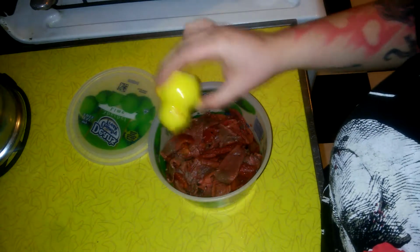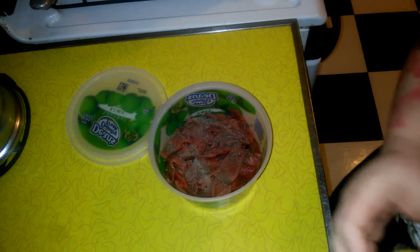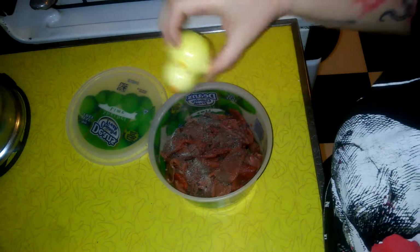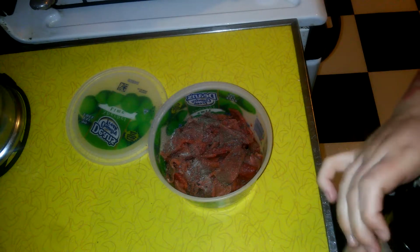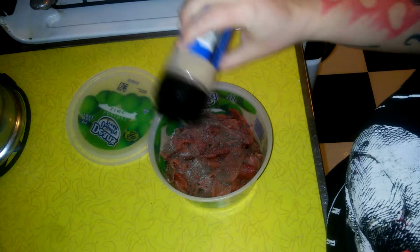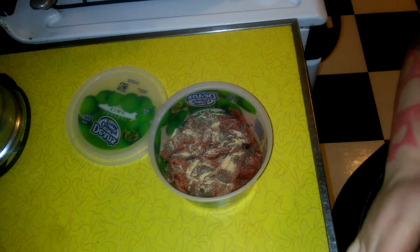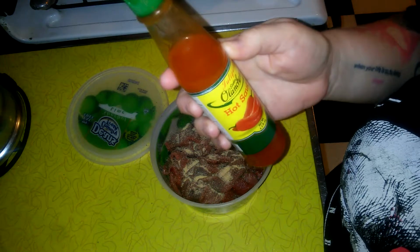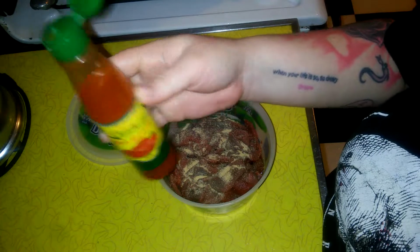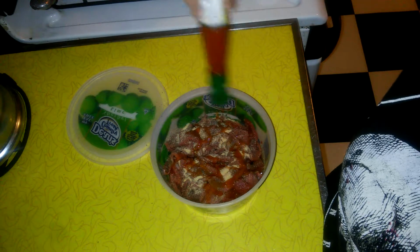What you want to do is add some pepper, thus my little baby chick salt and pepper shakers, some salt, garlic powder, and all of this is to taste. I just kind of coat the top. Hot sauce, it can be any brand. I don't know what this is, but it was like $1. So I'm going to take a little bit of hot sauce, maybe not too much,